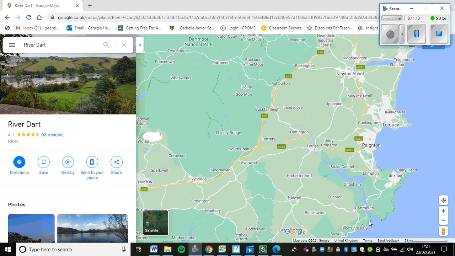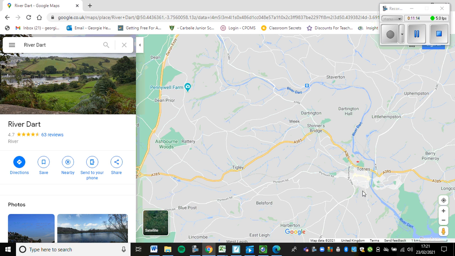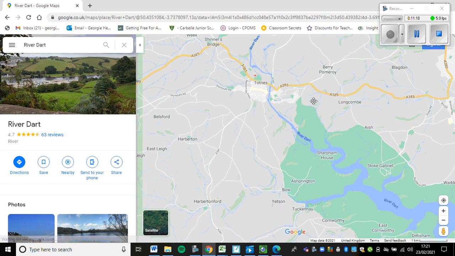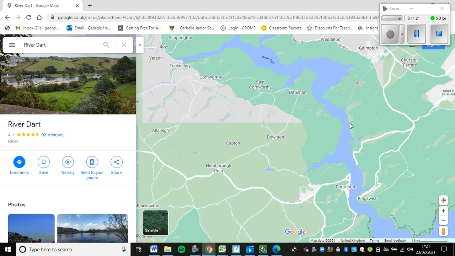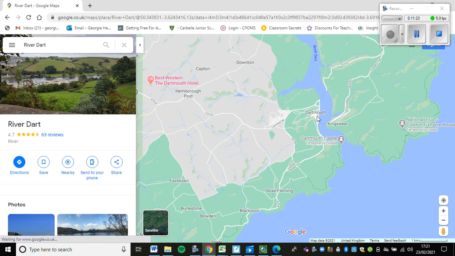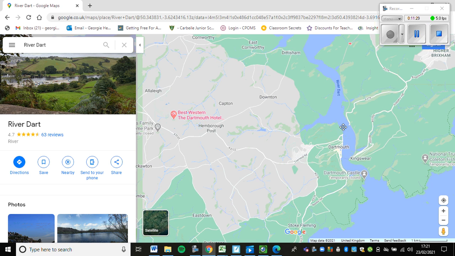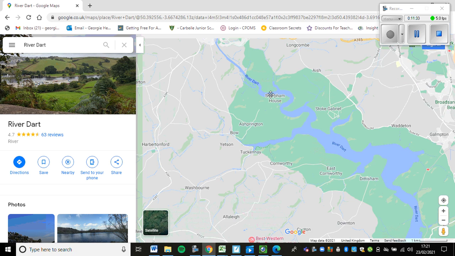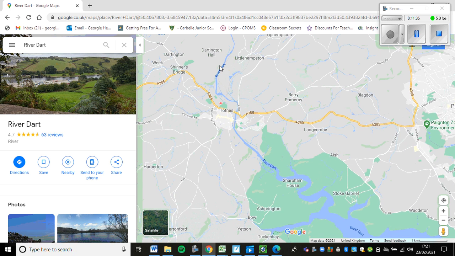it approaches the sea. So what I'm going to do is zoom in a little bit, and I have the River Dart here. Now it's going to take me a little while. This is the mouth of the River Dart, and as you can see it comes out by Dartmouth. So when I draw my map in a minute, I'm going to name Dartmouth as where it meets the sea, and we're going to follow our river up into the mainland all the way along,